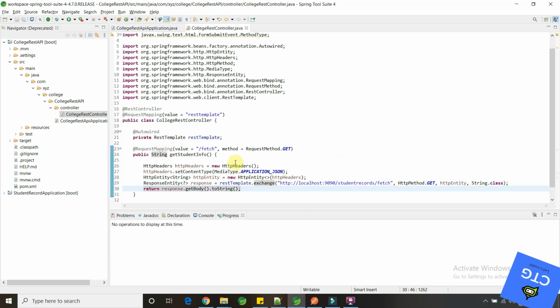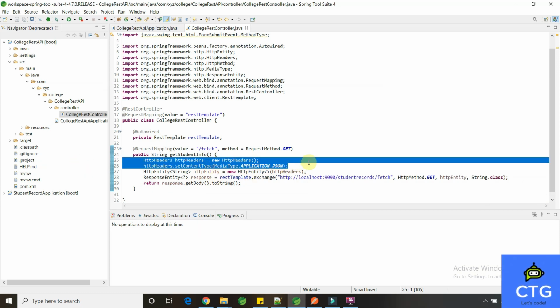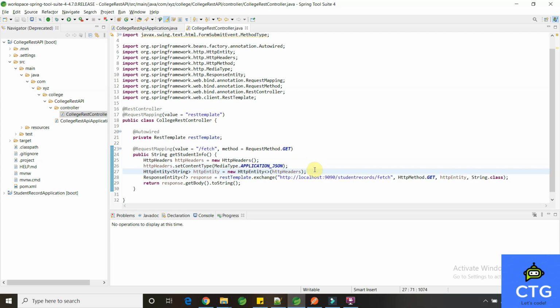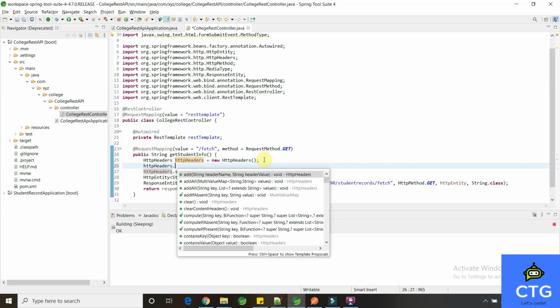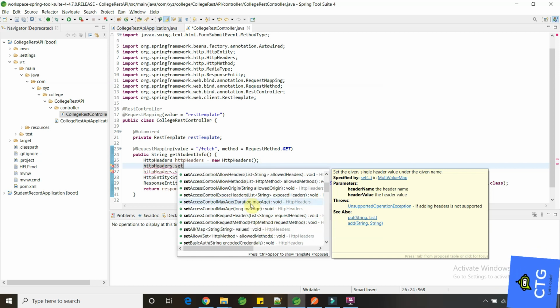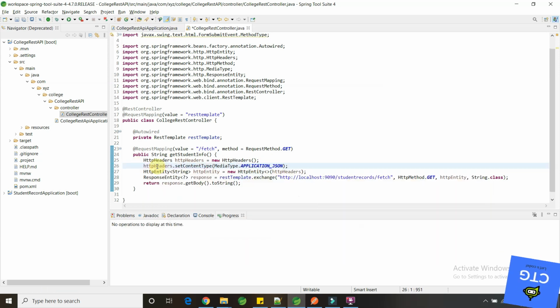So what we are doing is, first we are setting the headers. These headers are optional in case of a get request. Then we are passing this here. But in a real case, for example if you are sending any authentication values, in these headers we have multiple options. You can see here set accept, access control allow credentials, allow origin. Based on our requirement we can set all the headers. For us it's a very straightforward simple REST API, so we are just setting the content type alone.